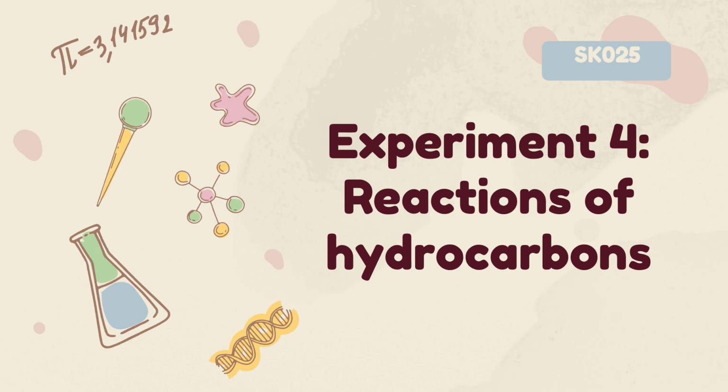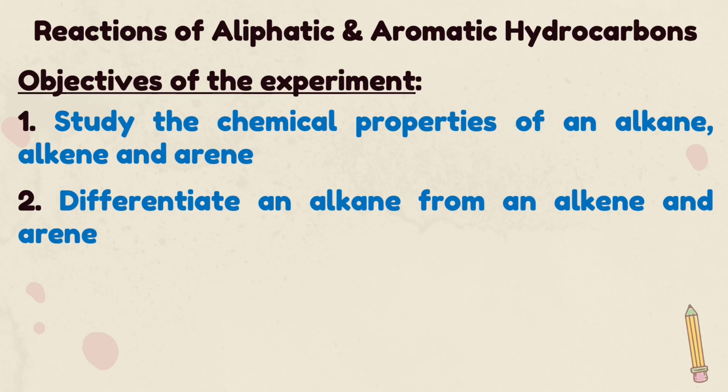So for today's lesson, we're going to discuss experiment 4, which is a reaction of aliphatic and also aromatic hydrocarbon. By the end of this lesson, you should be able to study the chemical properties of an alkane, alkene and arene, and also differentiate an alkane from an alkene and arene by using an unsaturation test. Okay, so before we go further into detail regarding the experiment, kita kena tahu dulu